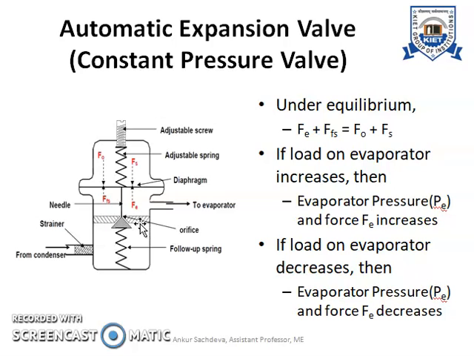The reverse will happen in case the evaporator load decreases, that is, the cooling requirement decreases. If the cooling requirement decreases, the force Fe will be less and Fs will be greater, then the valve will move in the downward direction, and as the valve moves downward, more refrigerant will be allowed to pass through this valve and flow to the evaporator. So that's why this is called